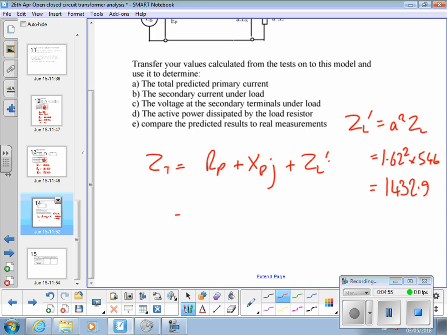So we got RP was 1433. Bring the two resistances together, because ZL dash is a resistance, because per resistance. So they come to